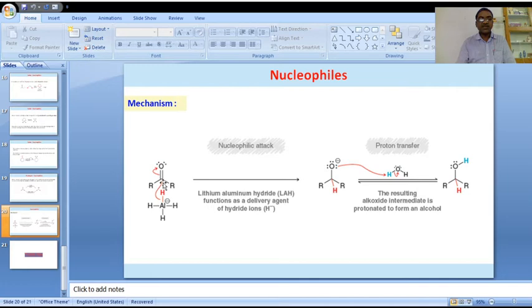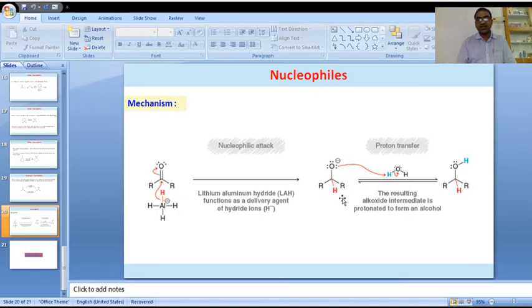Immediately, this particular carbon contains 5 bonds. In that case, one of the pi bonds cleaves when the H minus nucleophile attacks the carbonyl carbon. Here, our oxygen atom gets negative. This is the intermediate formed in this reaction.